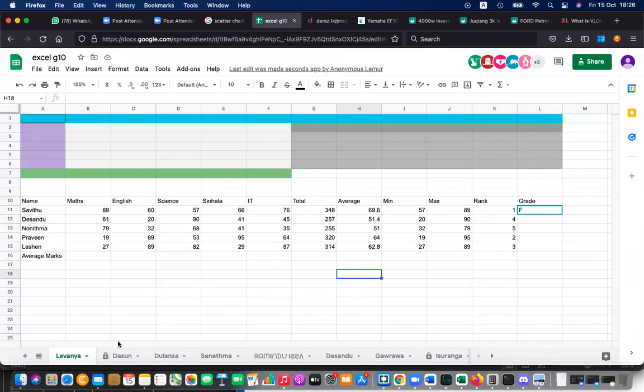Okay, the next thing is these diagrams. This needs to be calculated. Okay, it's calculated, but I'm not sure whether, based on the average, how it comes: F if greater than 75, A if greater than 60, B if 50, B if 40, S, if not F. H25 means this one.